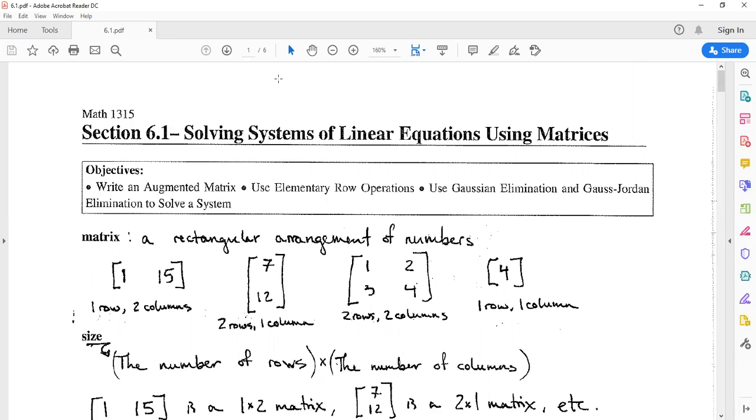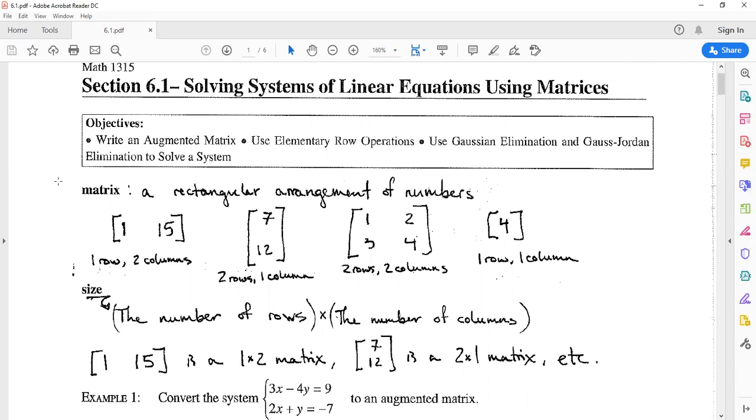Today we're going to talk about solving systems of linear equations using these gadgets called matrices. First, matrices is the plural form of matrix. So what is a matrix but a rectangular arrangement of numbers? Okay, so we'll have some rows and some columns in this little rectangle, and in each little slot we'll have